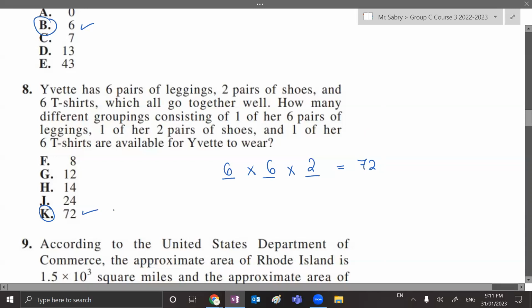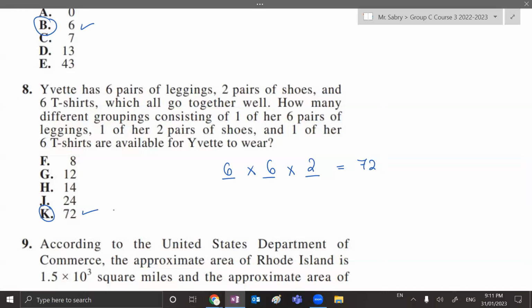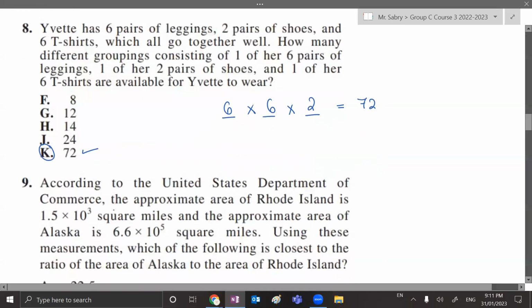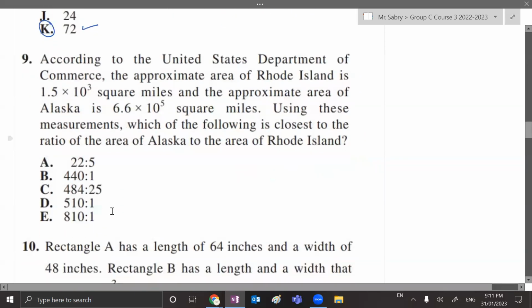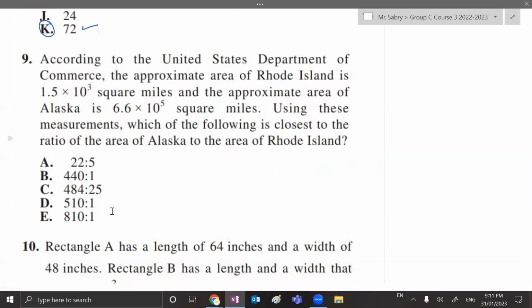Okay, let's go for number 9. According to the United States Department of Commerce, the approximate area of Rhode Island is 1.5 times 10 to the power of 3 square miles. And the approximate area of Alaska is 6.6 times 10 to the power of 5 square miles. Using these measurements, which of the following is closest to the ratio of the area of Alaska to the area